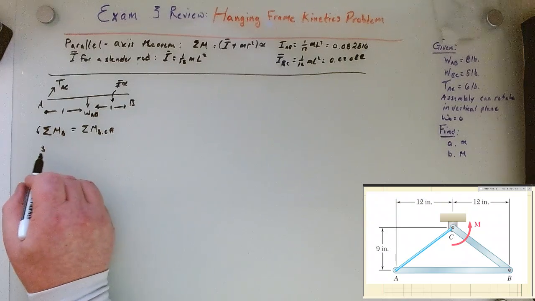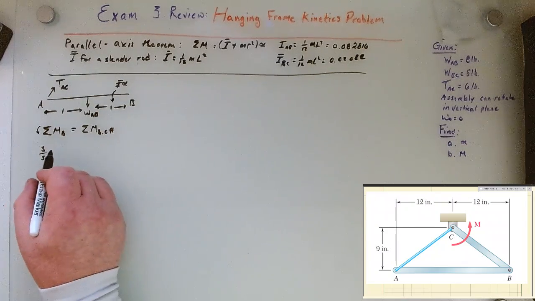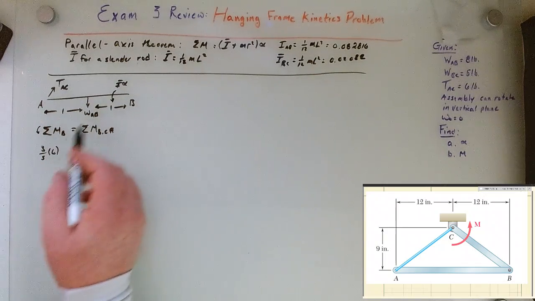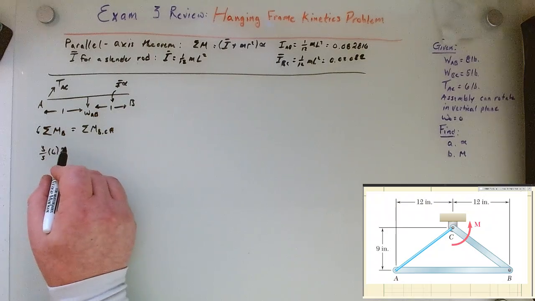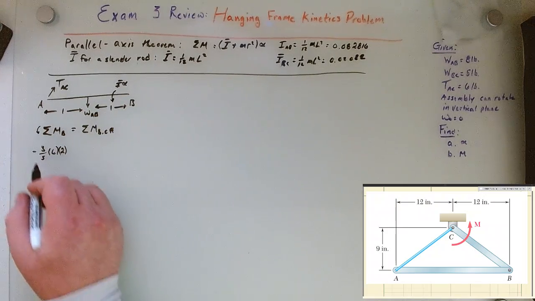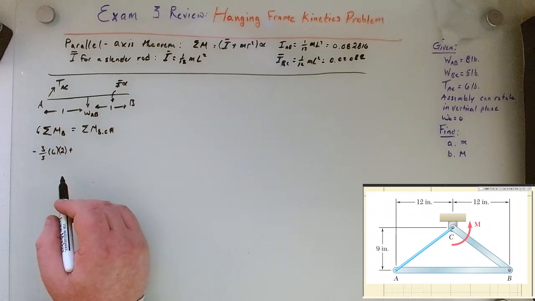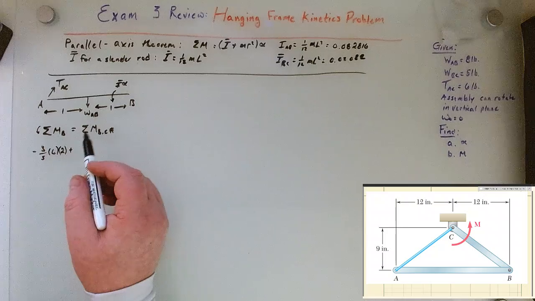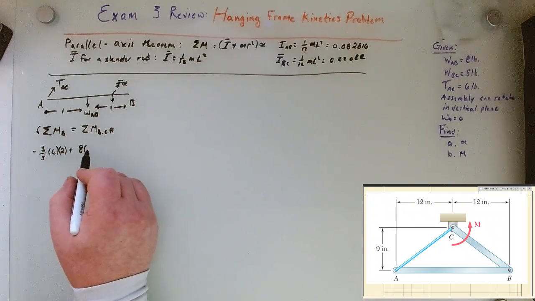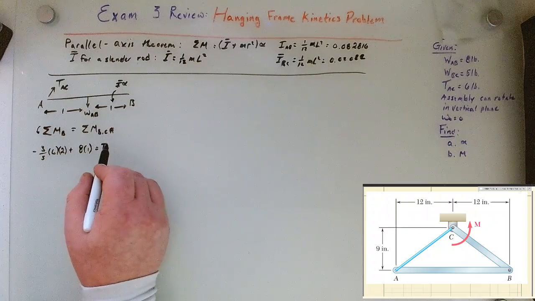So 3/5 of TAC is 6 pounds. Okay, and we need the distance. The distance is 2 feet. Okay, and I'm calling this negative, and plus the weight. The weight is 8, and it is 1 foot away. All right, and that is going to be equal to I AB